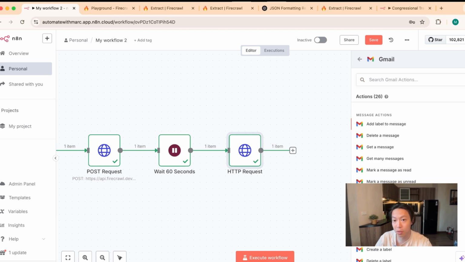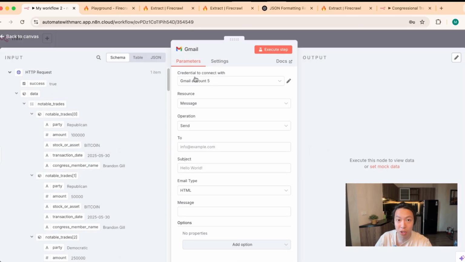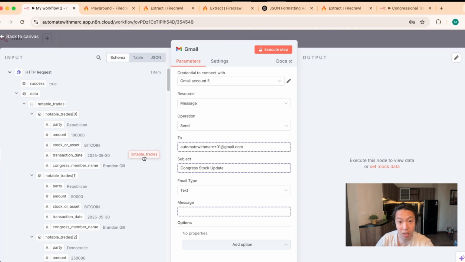So in this case, just do a Gmail node, which, if you don't know how to set it up, watch my other videos. There's a step-by-step guide on how to set this up, but it's one of the easiest nodes to set up. Essentially do a send operation to, in this case, mark1@gmail.com. For the subject, I would just put down Congress stock update, because it's going to be the same,